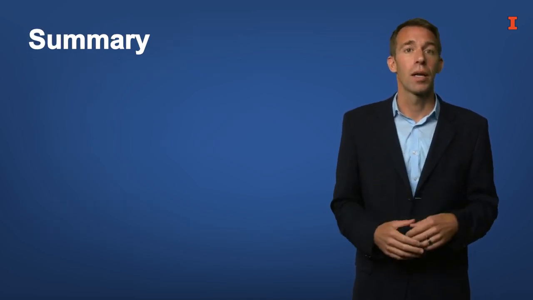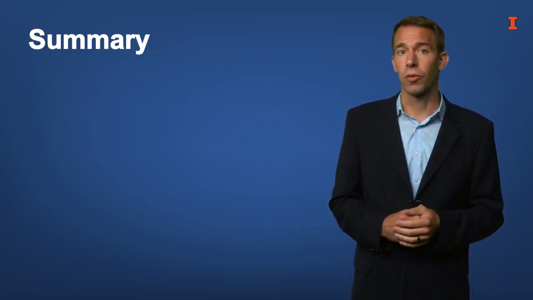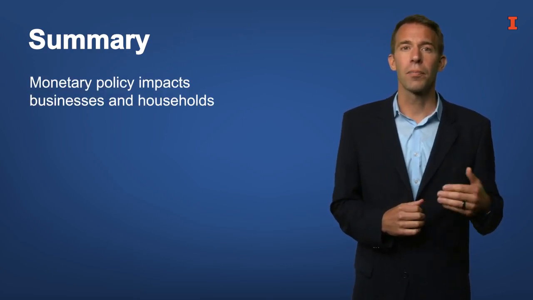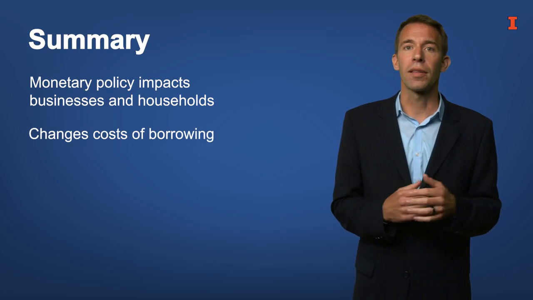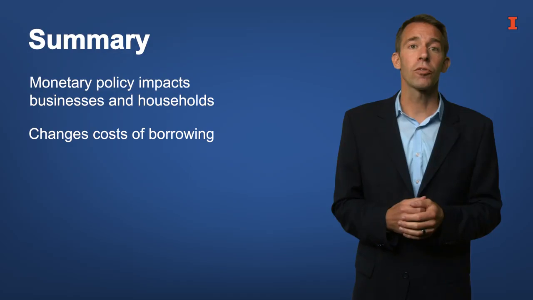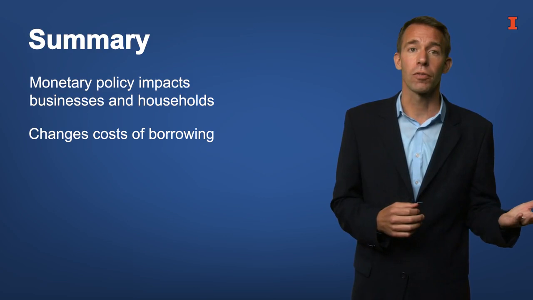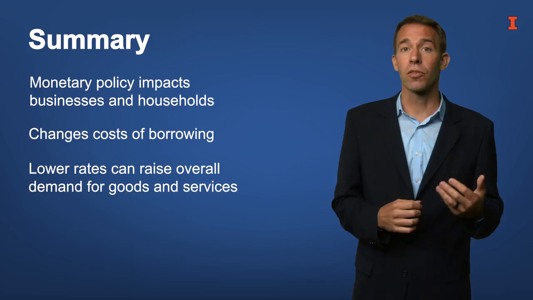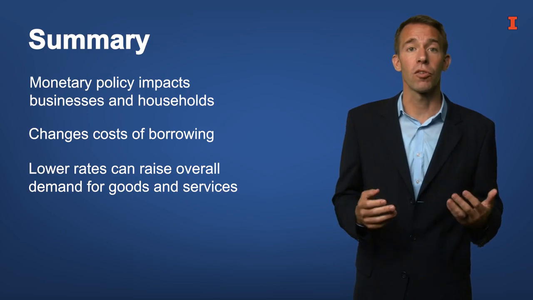Let's wrap up. In this lesson, we were specific about how monetary policy transmits to the economy. When the central bank changes the interest rate, this can impact the interest expenses of businesses and households. We saw that the effects matter most for small, financially constrained businesses. We also saw how a lower policy rate reduces mortgage payments of households. In the aggregate, lower interest payments can stimulate greater consumption and investment. This means the overall demand for goods and services goes up.